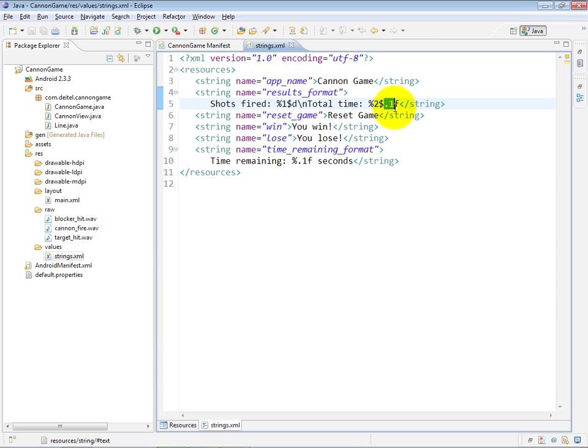the .1 represents. The 1$ and the 2$ are indicators of which parameter after the format control string will be placed into these placeholders in the Java source code. So 1$ says the first parameter after the format control string, and 2$ says the second parameter after the format control string. Now the reason this is important is when you get into localizing your apps into different